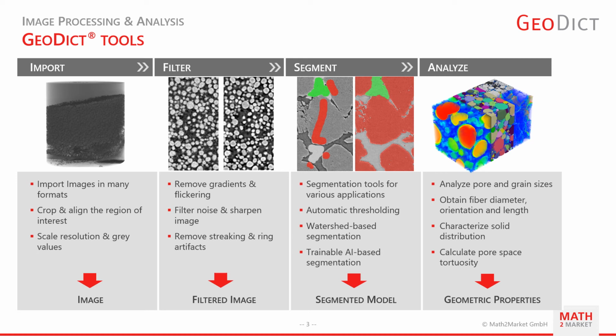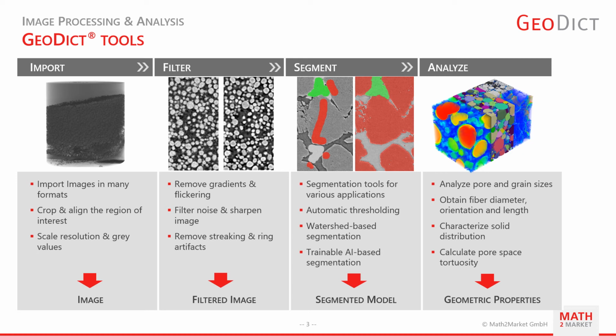And then the last step, the analysis, that is basically the analysis part where we do all kinds of stuff related to, for example, the geometry. So you measure, for example, the diameters of fibers or grains or the sizes of the pores. So the first 3 steps are what we understand under image processing, and that last step on the slide summarizes what we understand under image analysis. And for each of these steps, you have all the tools you need available in Geodict.